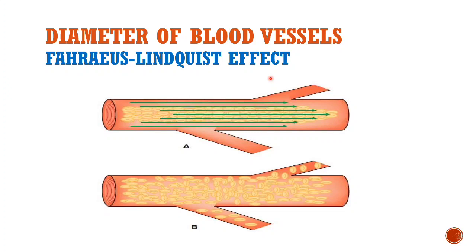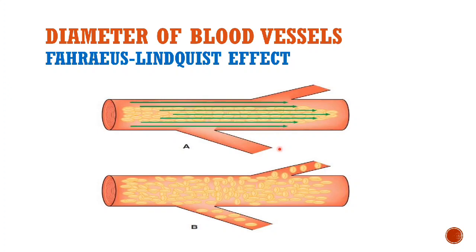Due to the phenomenon of plasma skimming in the large and moderate size vessels, the blood that enters the small vessels like capillaries will have less hematocrit. The width of the cell-free zone at the periphery is constant, whatever the tube diameter, and correspondingly occupies a bigger portion in the narrow tubes. As a result, total relative viscosity is less in small diameter vessels. Because of this effect, a satisfactory flow rate exists even in blood vessels whose diameters are small.